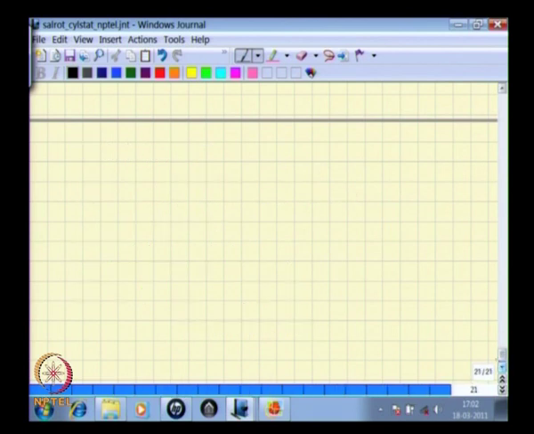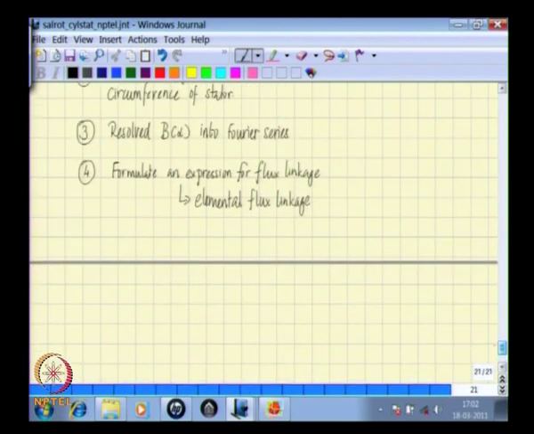We know the expression for flux density, and flux density multiplied by the area is then the flux passing through that elemental area. Multiplied by the number of turns is then the flux linkage, and then we integrated this flux linkage expression over the span of the coil,